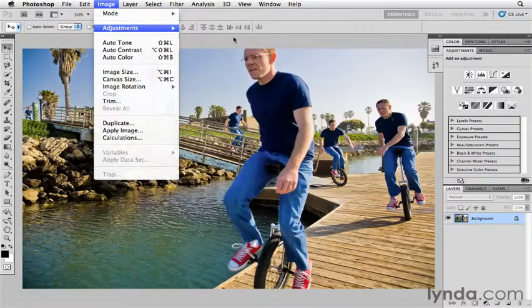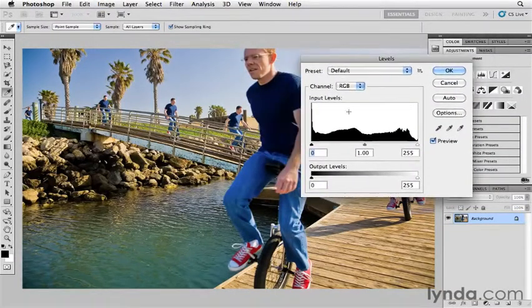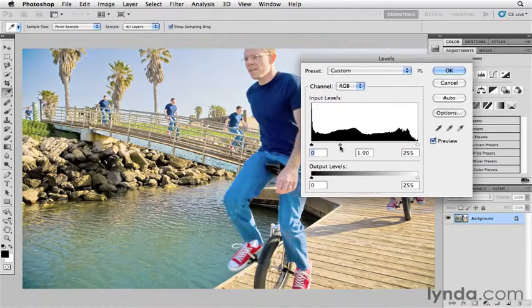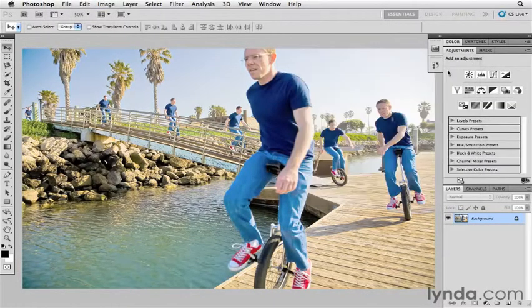If I choose levels, which can be used to do tonal adjustments on the image, let's go ahead and open up the midtones by taking that middle slider and dragging it to the left a little bit. We'll just do something radical. Not that we would actually do this in a real image. We'll go ahead and click OK. Because I was on the background layer, I've actually permanently changed those pixels if I were to close this file